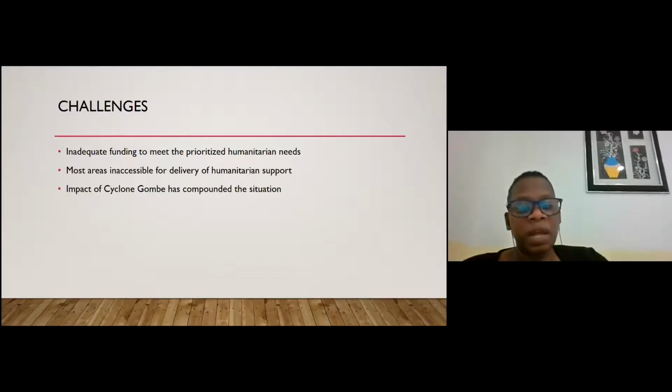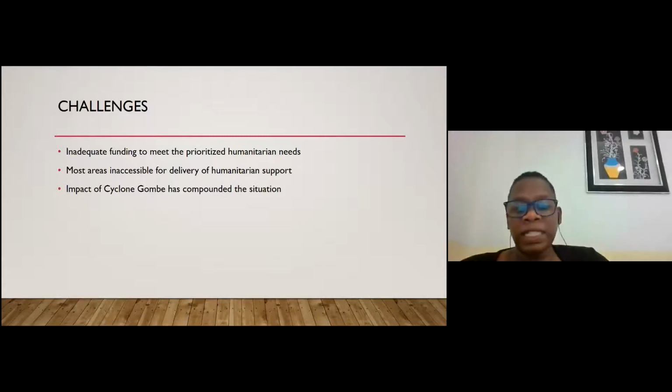It's not like we have budgeted for all the needs. No, we prioritize them. So even though we prioritized to reduce the number of needs so that we could concentrate on those that are really important, critical, but still we could not